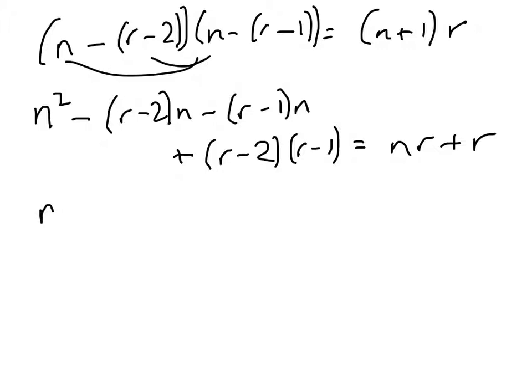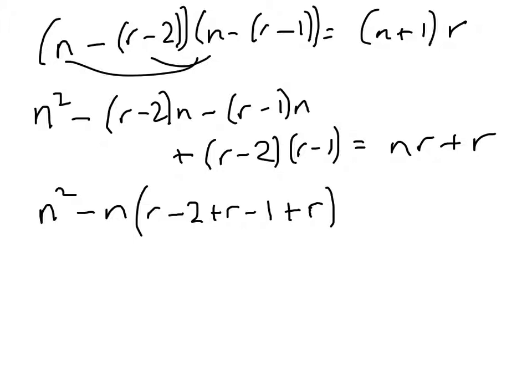So now we've got n squared minus n times r minus 2 plus r minus 1